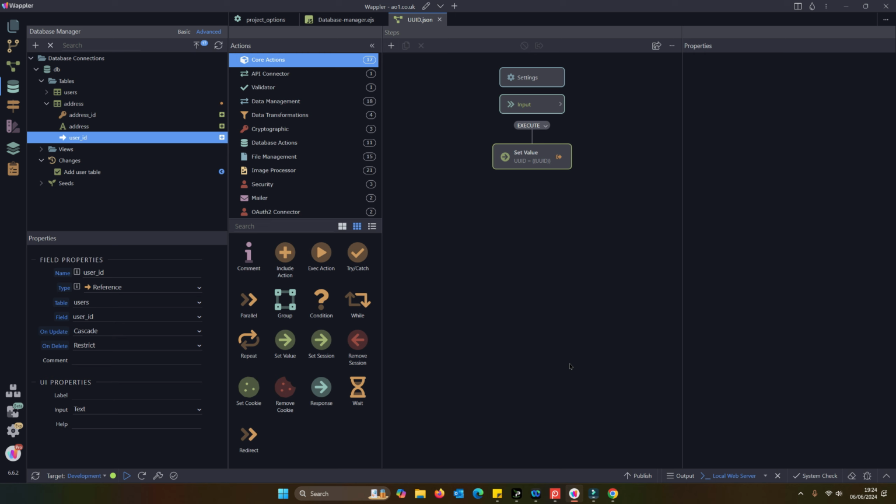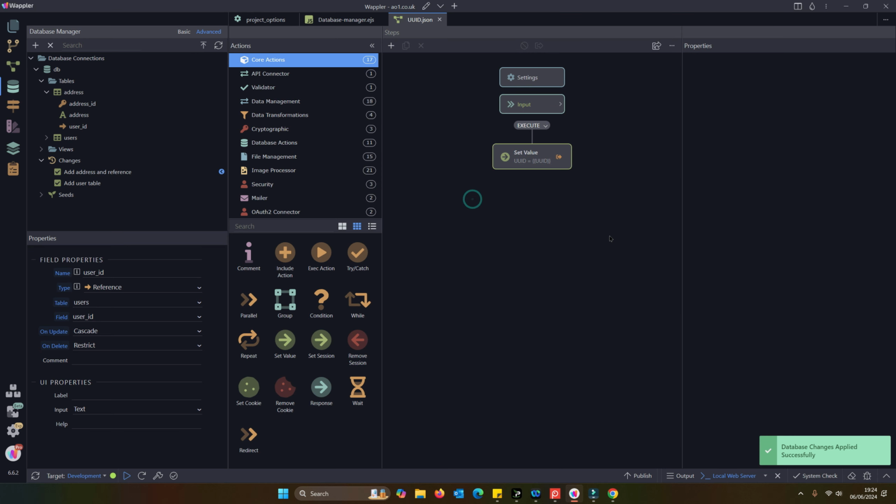So that's really all it takes to create a relationship within the Wappler Database Manager. So all it needs now is for me to commit that change. See, that's been committed now.